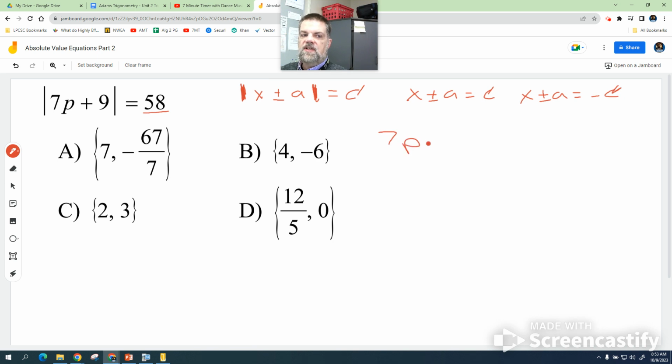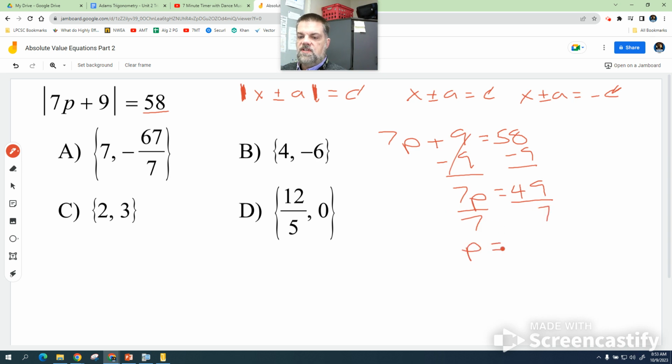If we say 7p plus 9 equals 58, this is kind of easy. You just subtract 9 from both sides, right? And then 9 minus 9 is 0. You get 7p is equal to 58 minus 9. What's that? 49. Oh, that's pretty easy. And divide both sides by 7, and I get p equals 7. Now, that should be enough to know that it's A. But